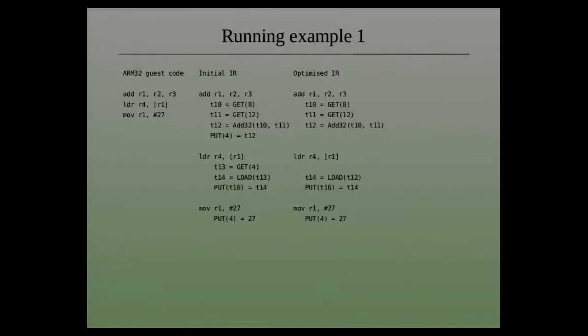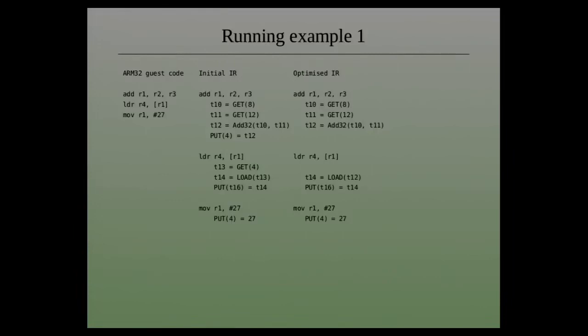This is the sequence we're taking. We're going to add these 2 registers together, R2 and R3, and park it in R1. Then we're going to load from memory at that address into another register, R4, and then we're going to overwrite R1 with this constant 27. So the front end